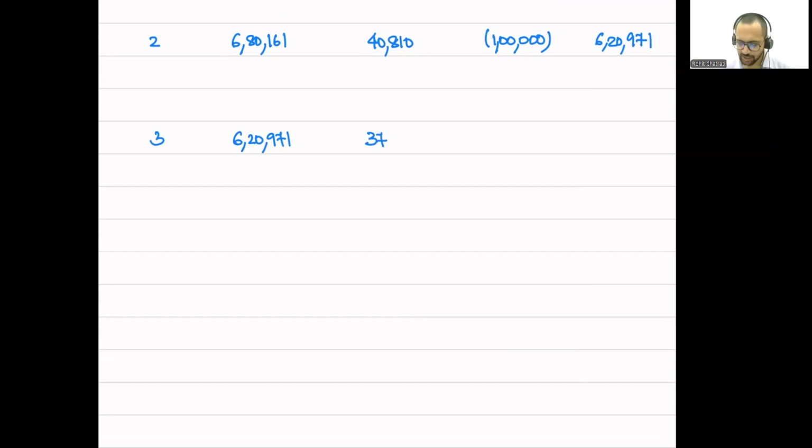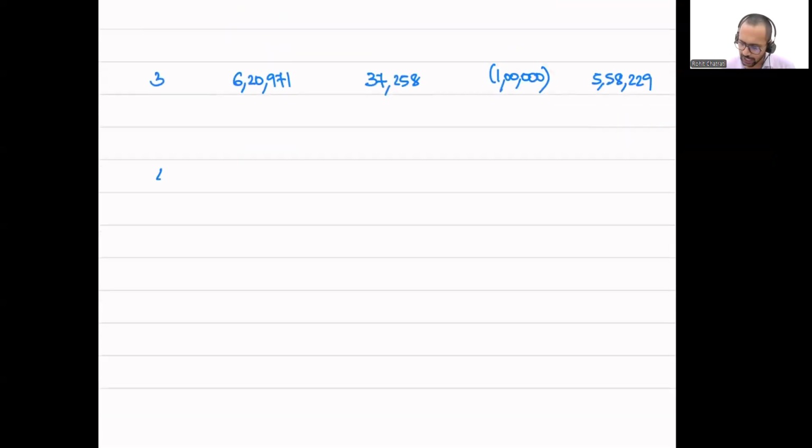Next, I've got year 3, where the beginning balance is 6,20,971, multiplied by 6% will give me the interest for year 3, which is 37,258. I reduce 1 lakh, which is paid at the end of year 3, so 620,971 plus 37,258 less 1 lakh, which is equal to 5,58,229. Now for year 4, I have a beginning balance of 5,58,229. I calculate interest at the rate of 6%, which would be equal to 33,494 less 1 lakh, so 558,229 plus 33,494 less 1 lakh is equal to